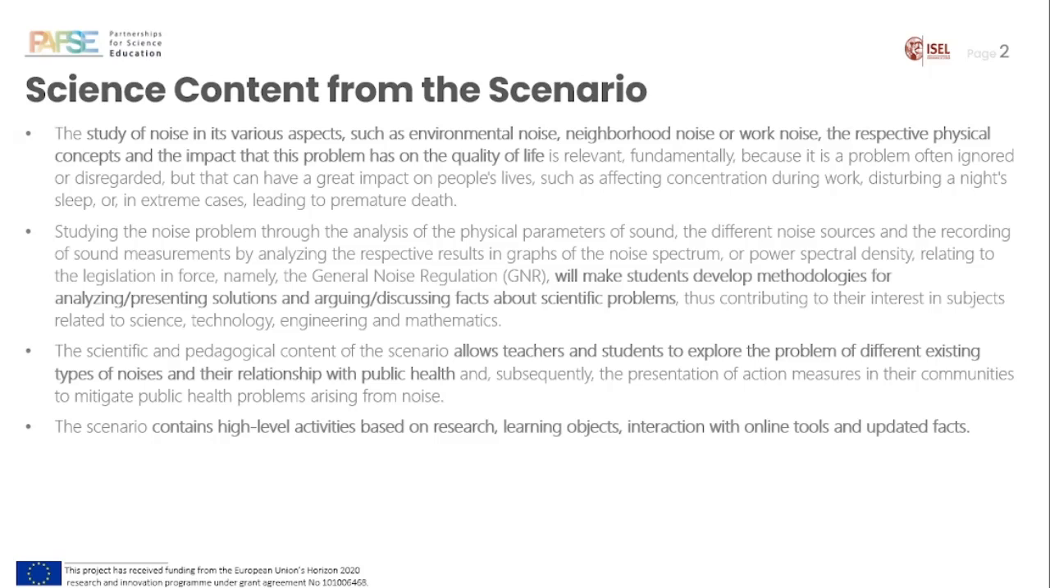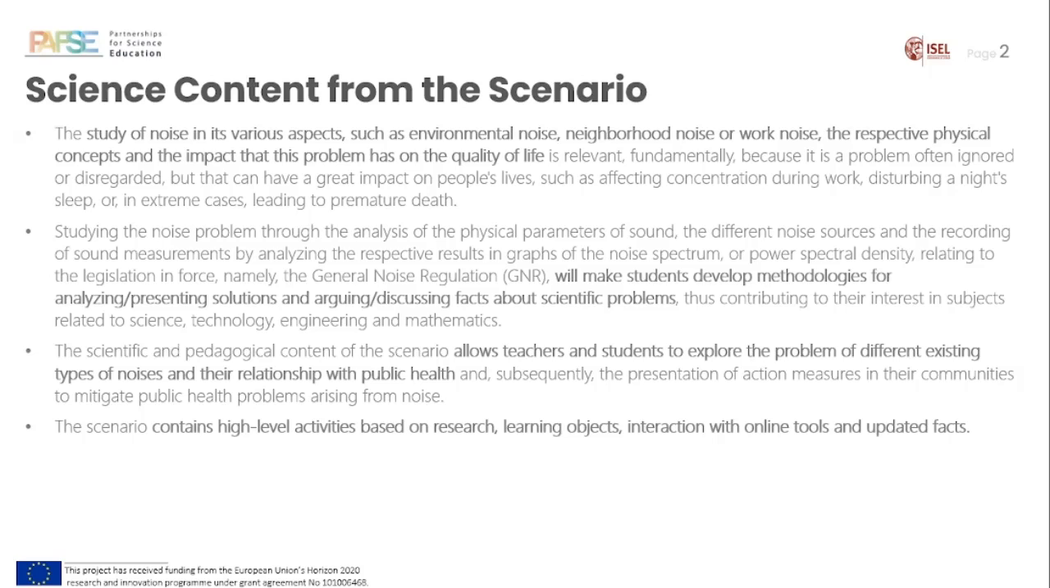on people's lives, such as affecting concentration during work, disturbing a night's sleep, or, in extreme cases, leading to premature death. Studying the noise problem through the analysis of physical parameters of sound, the different noise sources, and the recording of sound measurements by analyzing the respective results in graphs of noise spectrum or power spectral density relating to legislation in force, namely the General Noise Regulation, will make students develop methodologies for analyzing and presenting solutions and arguing, discussing